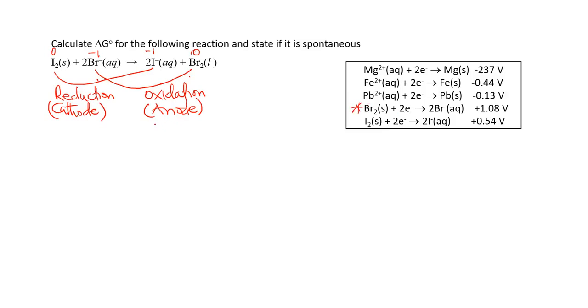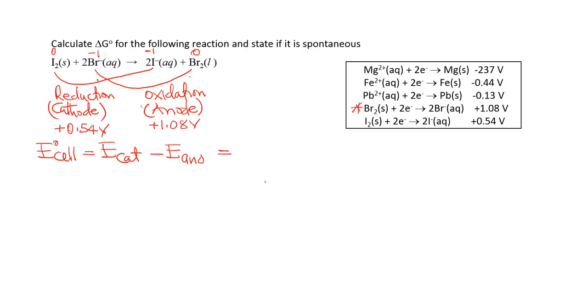So the voltage for oxidation is 1.08 volts. Now the voltage for the iodine is plus 0.54 volts, and we know E cell is equal to E cathode minus E anode,